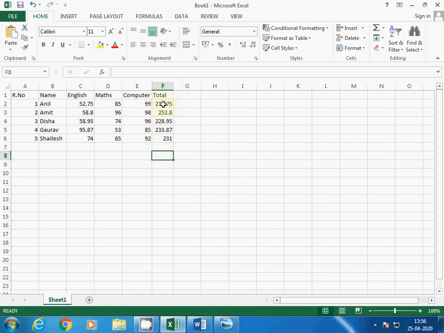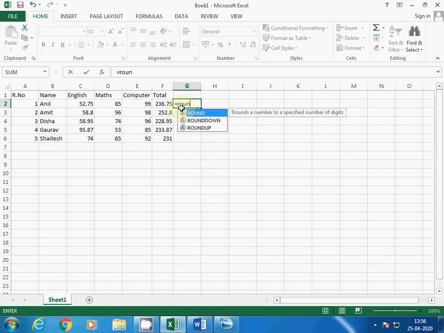Now you want to display the result with a specific number of decimal places. Somewhere 2 decimal digits are coming, somewhere none, somewhere only 1 digit. So if you want to fix the digits, another formula you may use is round. So equal to round, then select your cell.